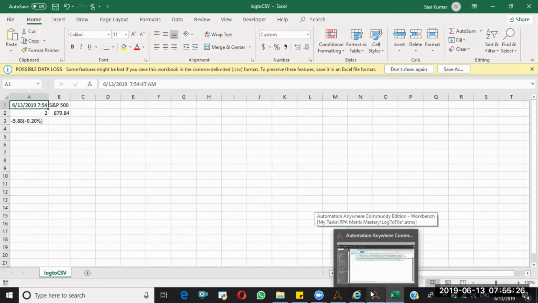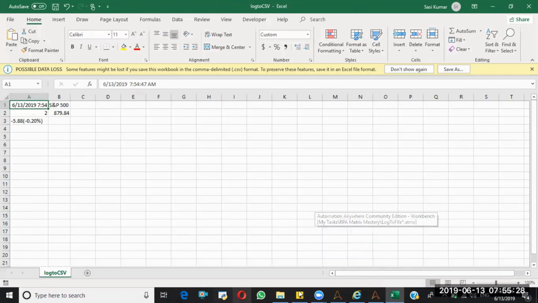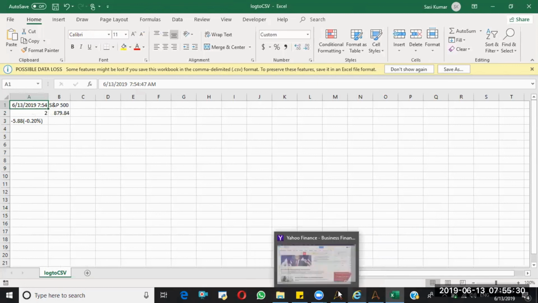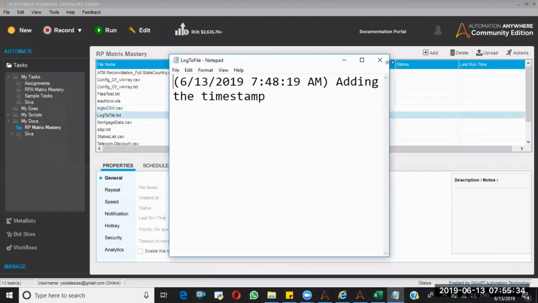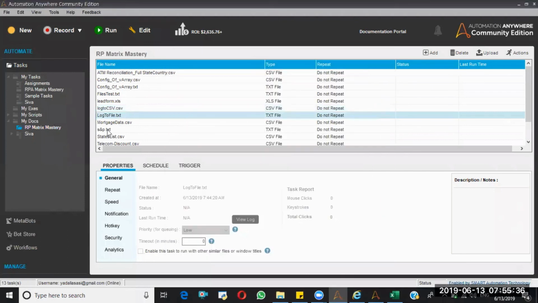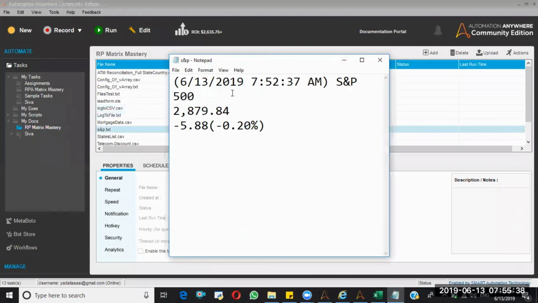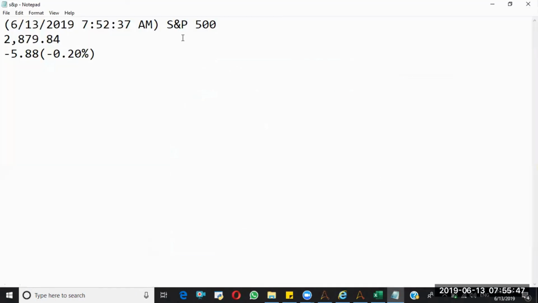If you go here, let me show you, not this one, SNP1. See, here it has some enters, so those are taken as the separators.